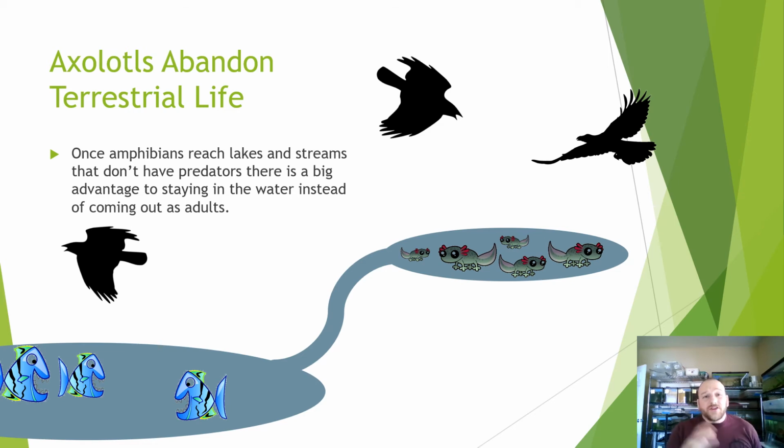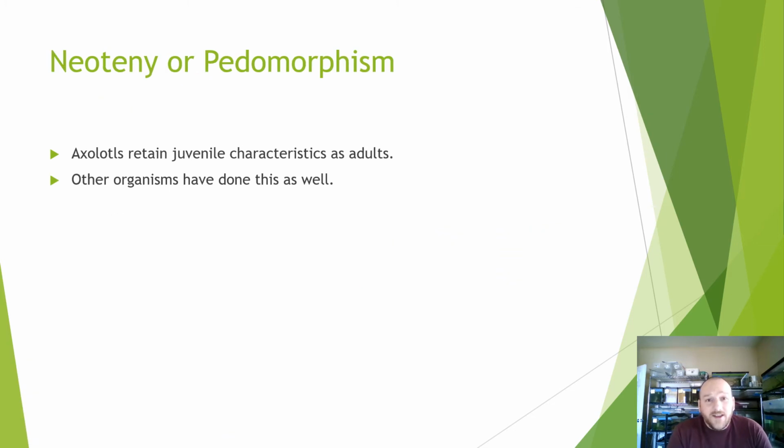So again, it's kind of a shifting evolutionary pressure. At one point, the evolutionary pressure is to leave the water, but then when you get to these lake systems and you don't have all the competition of fish, and you have lots of access to food sources, the selective pressure switches, and so there's pressure to go back into the water. And this process that axolotls do, where they stay like larvae as adults, is called neoteny or paedomorphism. And what they do is they retain their juvenile characteristics as adults,